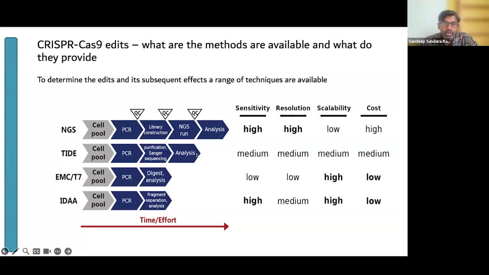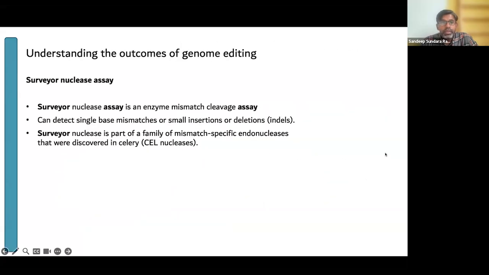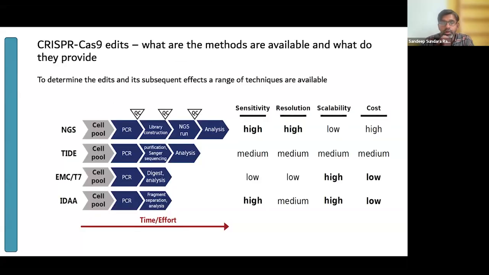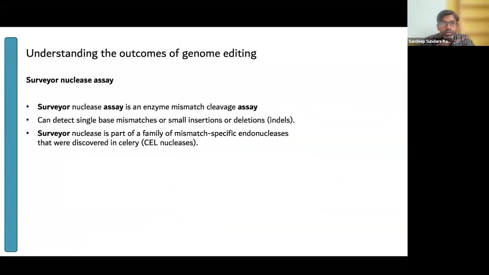The middle one that we can touch upon will be more of a medium-based assay, which is the tide. What happens in there is you'll be looking at a medium sensitivity and medium resolution of your cell pool. To those who have not